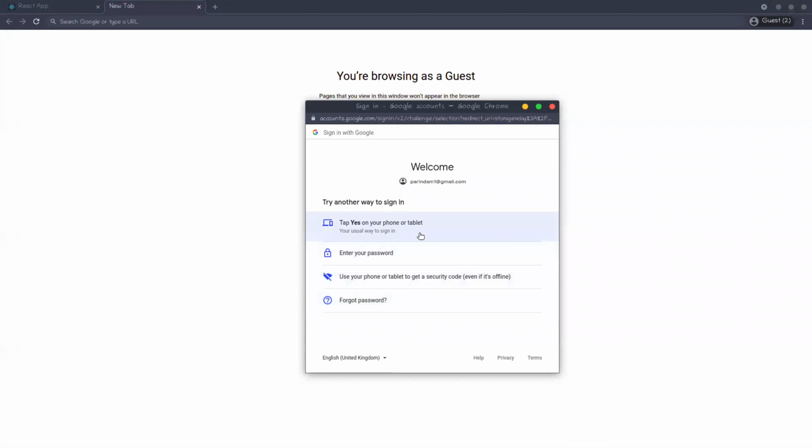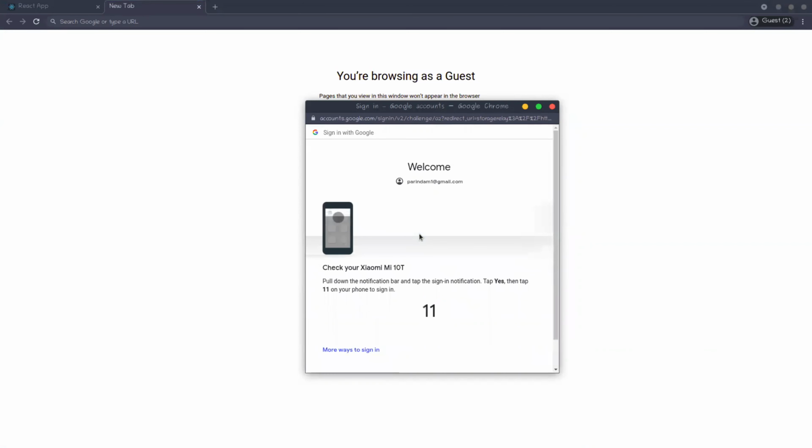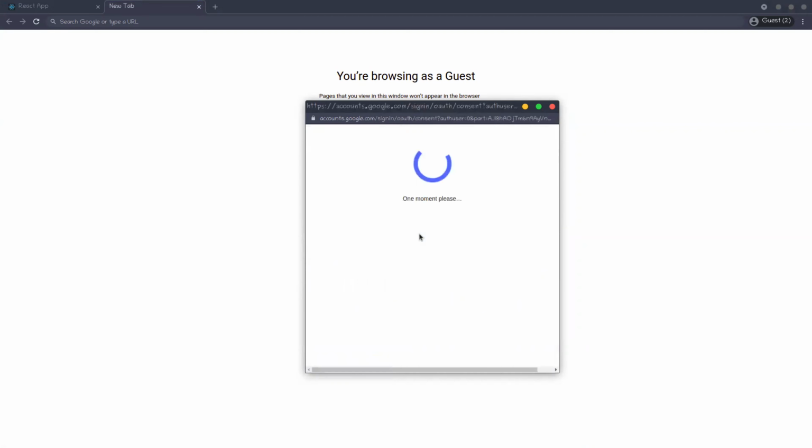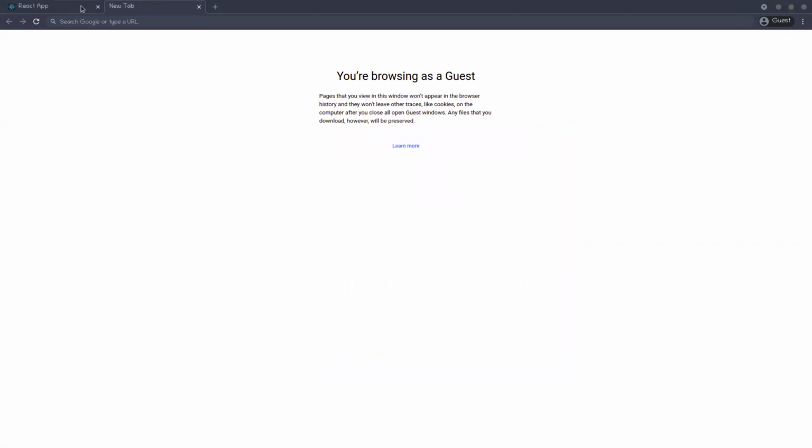Actually, I forgot my password. So I have logged in from my mobile. So I think it will work. So it works.